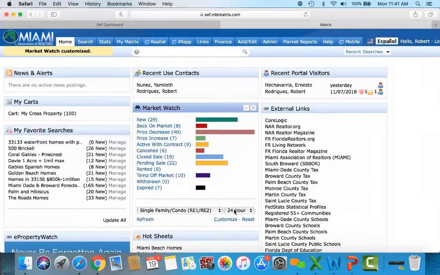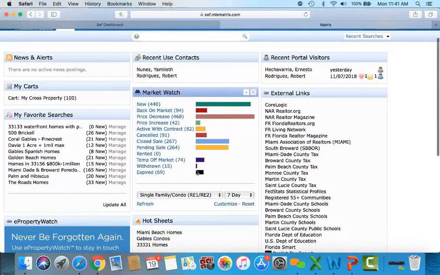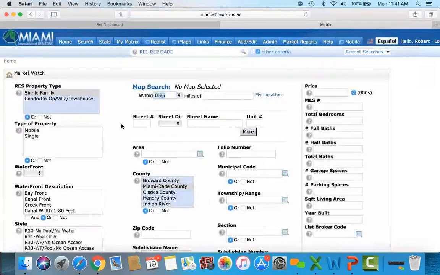And now my market watch in the last 24 hours, there has been 29 homes that hit the market in Miami-Dade County. 8 back on the market, 40 price decrease, 7 price increase, and so on and so forth with 7 expireds. If I want to go back 7 days, see the activity, there has been 440 homes in Miami-Dade County that have hit the market within the last 7 days. So you can use the market watch. It's similar to the hot sheet. However, you can do it in a more broad area,